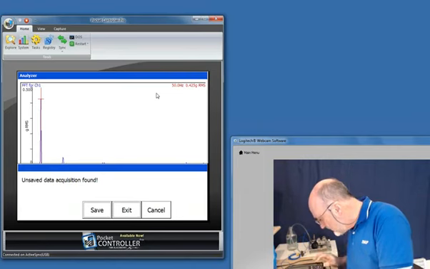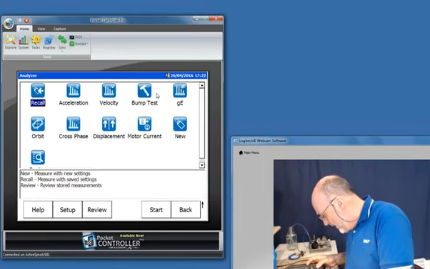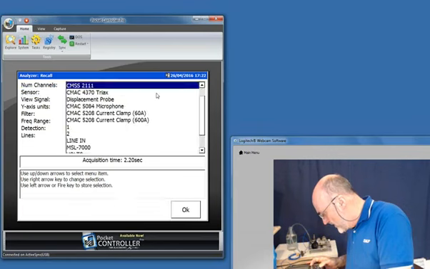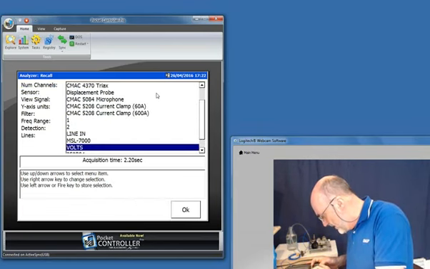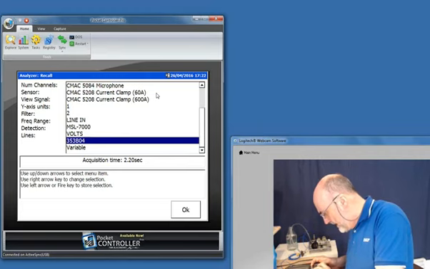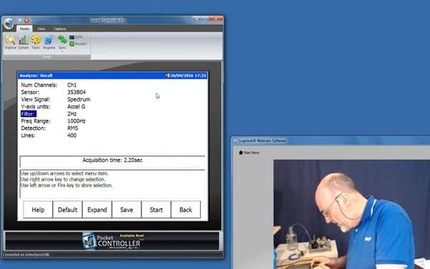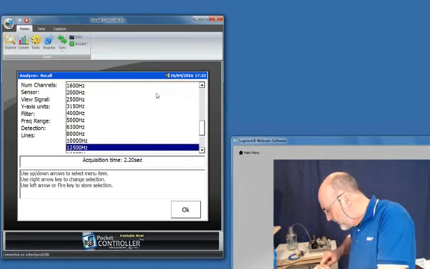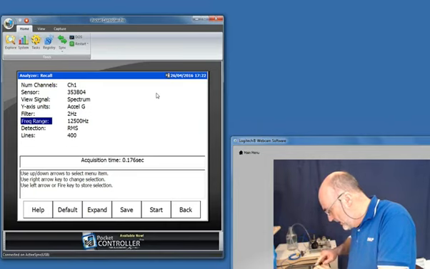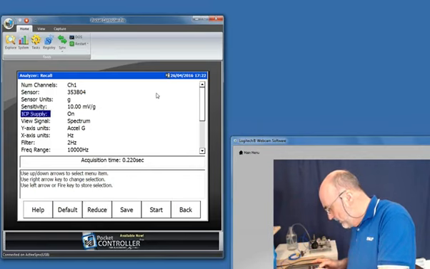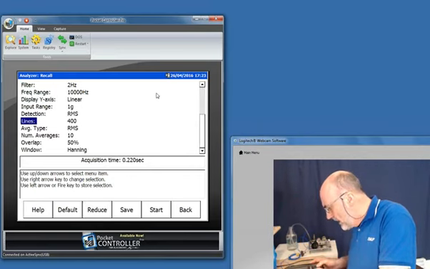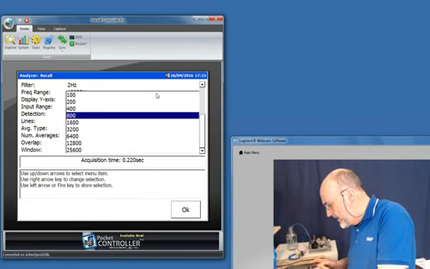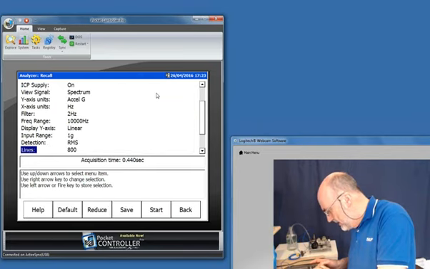So we'll go back to my settings. I need to change the sensor because this is a different type of sensor. It's a small PCB type. I'll stay with acceleration. Now this is a high frequency pump, so I'm going to measure to 10 kilohertz. I need to go to my averager section. With it being 10 kilohertz, I'll probably do it over 800 lines. Sorry, there's a time lag. 800 lines.